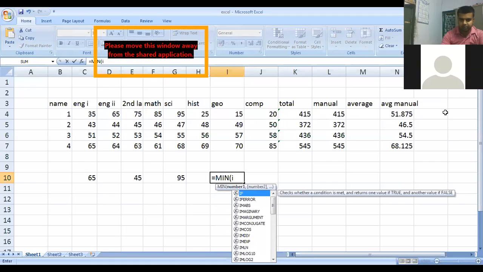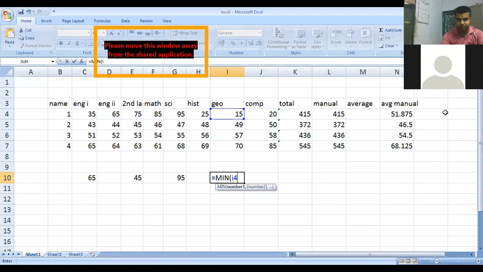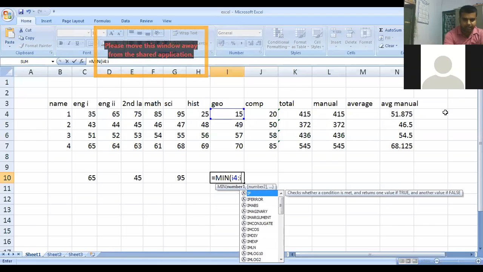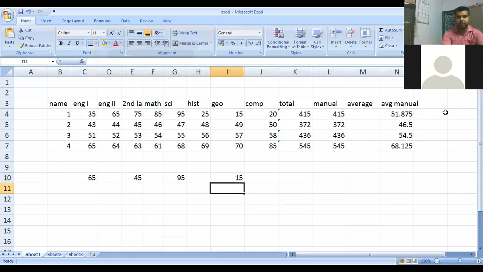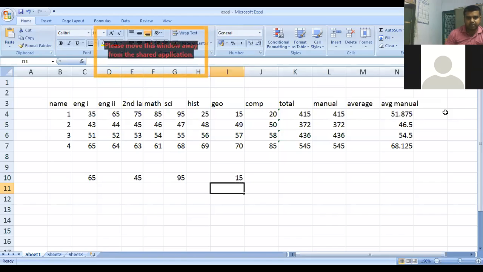So I4 has been selected. What is the last mark? That is 70, at I7. Close the bracket, press enter. Now you see 15 is the lowest mark in geography.